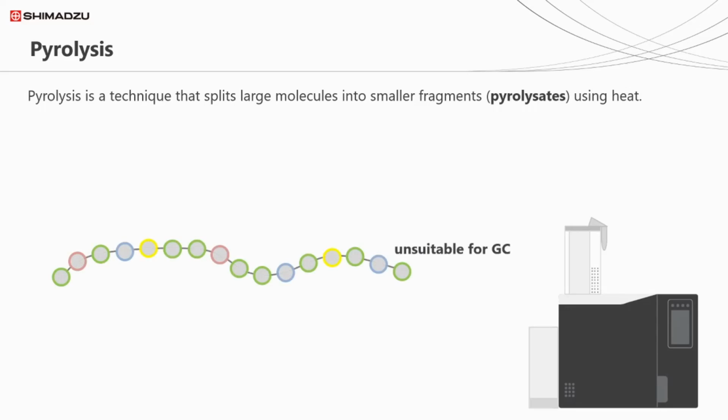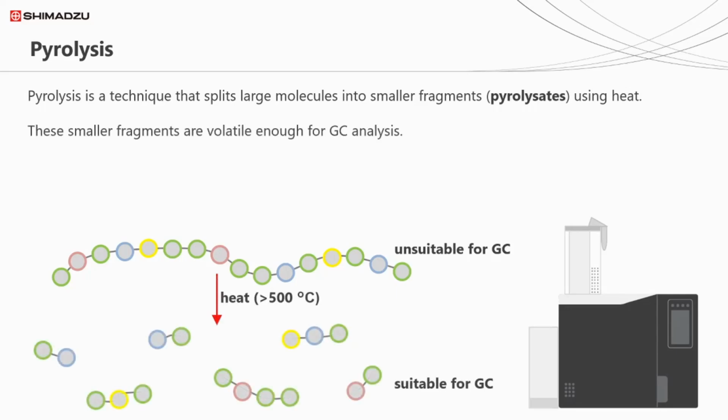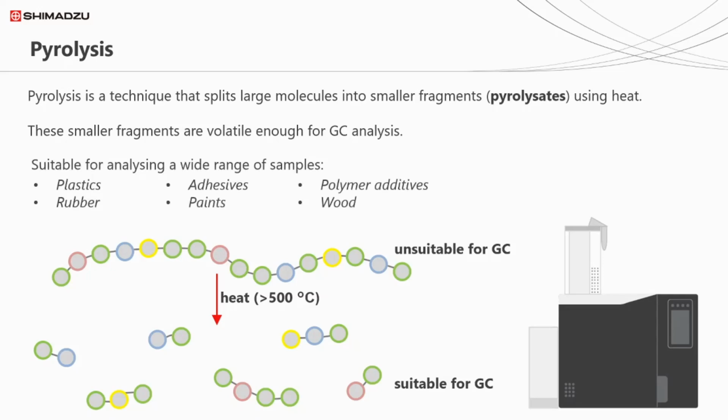These larger molecules would not by themselves be suitable to analysis by GC, as they do not readily vaporize. If, however, we heat them at high temperatures, they break down into smaller fragments known as pyrolysates. These are then suitably volatile for GC analysis. There are a wide range of applications, covering materials from plastics and rubbers right the way through to paints and